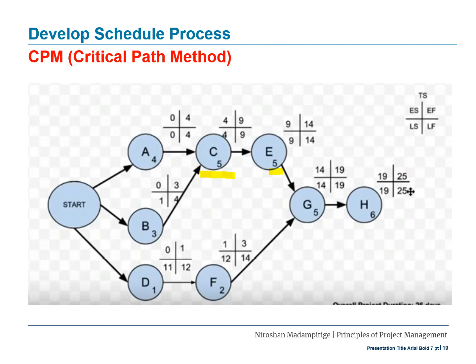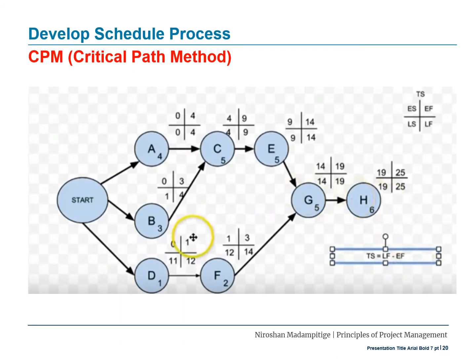Yes, 12 plus 2 is 14. So similarly, you start calculating late start and late finish for each and every activity. At the end you will have a complete calculation done, identifying 4 different figures that are early start, early finish,